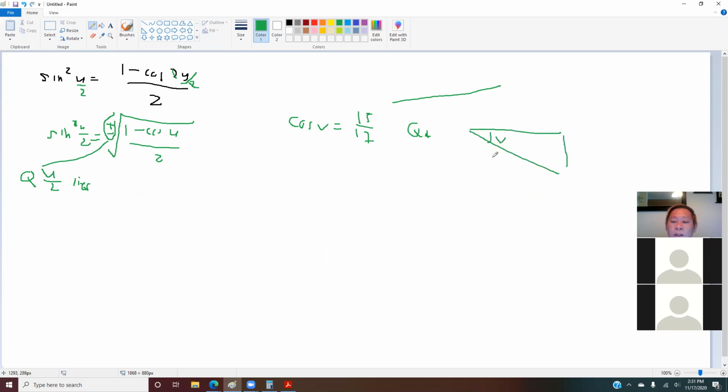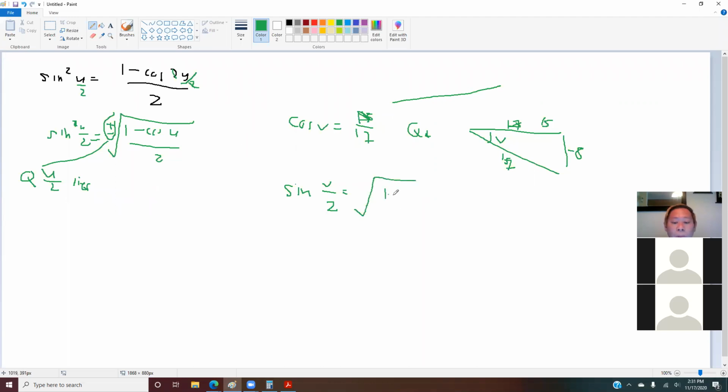This is v, and then we draw this is 15, and then this is 17. No, not 15, 8, negative 8. Something like that, right? Remember that one? 15, 17, and then this is a negative 8. Something like that. So when you want to find this sine v over 2, this is actually the square